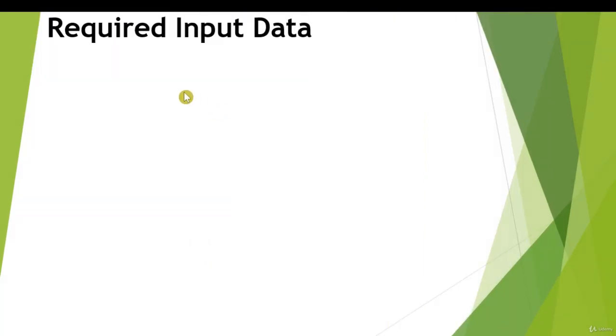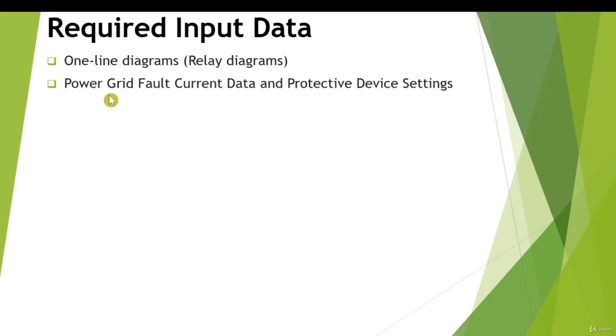Here we'll discuss the required input data for protection and coordination study. In order to model the electrical network, we require one line diagram including all its relay and protection details. If your system is connected to an infinite power grid, it requires three-phase and line-to-ground fault current and protective device